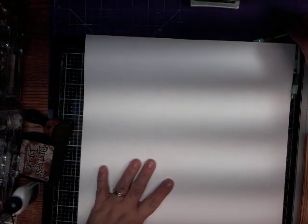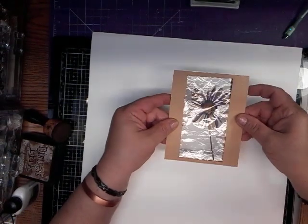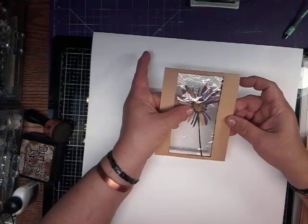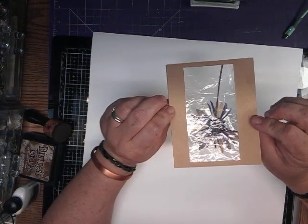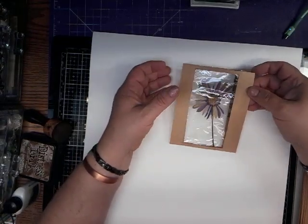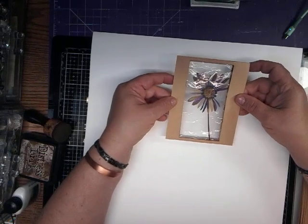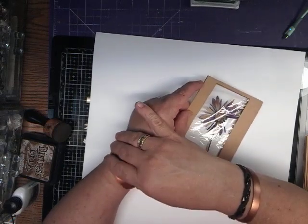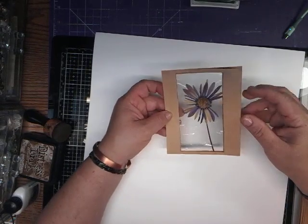It's me, Tina. Today I am here to show you how I make these little things, well, these things with dried flowers in them. You can see them from the back and the front. I don't have any really finished, but the next time I come on, I'll show you some finished ones. Today I'll just show you how I create them. And I'll show you my bucket of